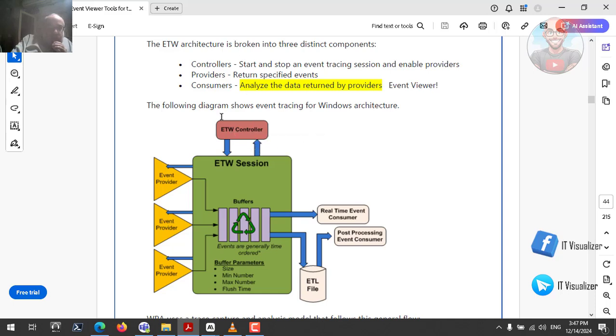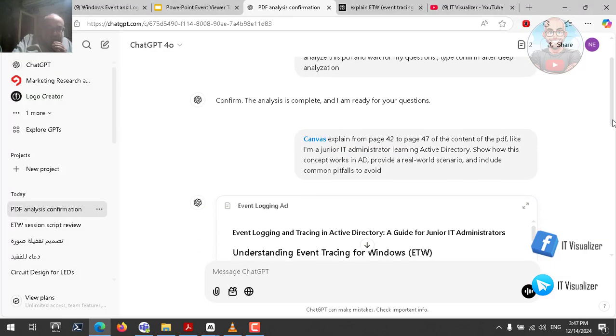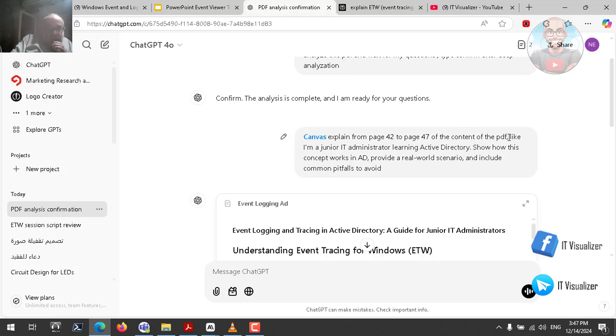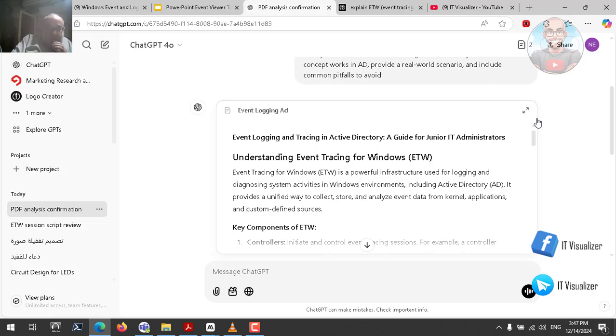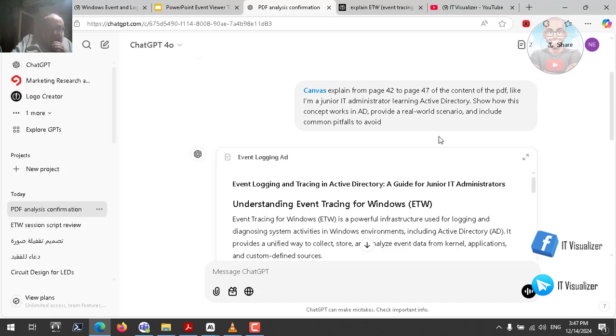So I'm asking him to explain these pages as if I am a junior IT in a simple way. So I tell him to explain that like I am a junior IT administrator learning Active Directory, show how this concept works in AD, provide a real world scenario, and include common pitfalls to avoid. If we go and see the explanation, actually I asked Canvas to explain it, which is a tool in ChatGPT